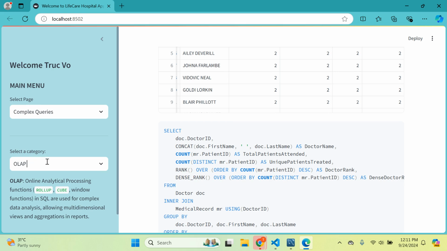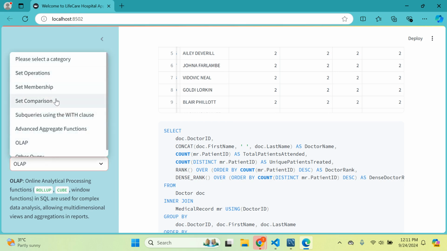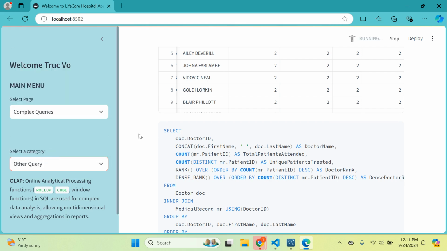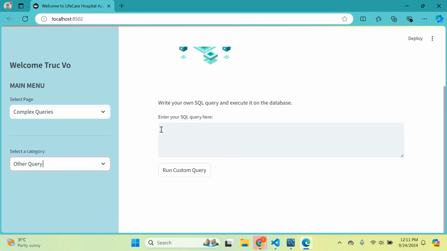So there are some other categories for you to try by yourself. However, if you want to write your own query, you can click on this option, Auto Query, and you can input your SQL query here. For example, if a doctor wants to retrieve all of the medical records of a specific patient, for instance, patient number 5, he or she can write